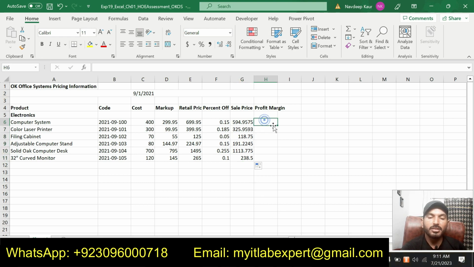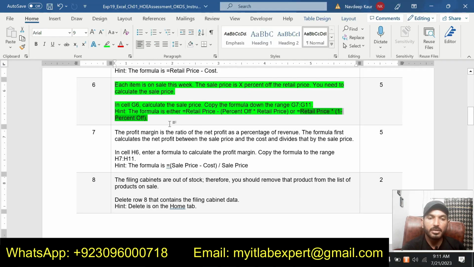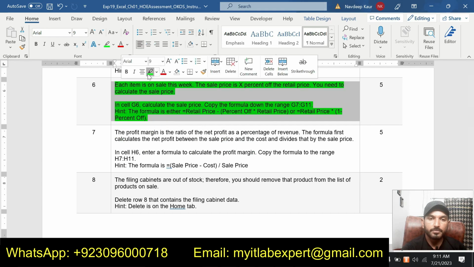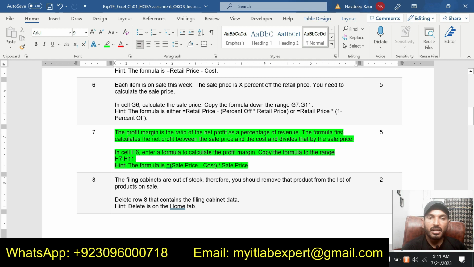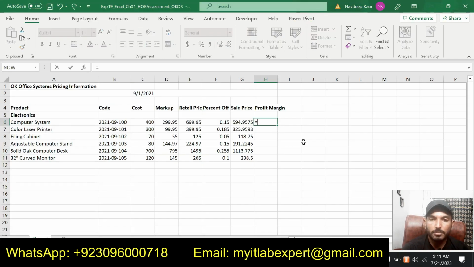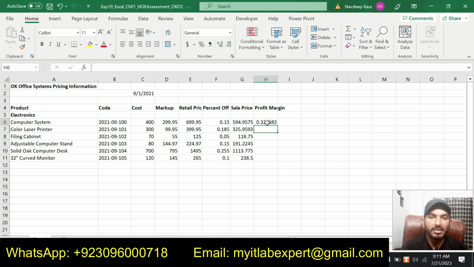Now we are supposed to calculate the profit margin. That is the next step, step number 7. Profit margin is sales price minus cost divided by the sales price. So we will simply type sales price minus cost divided by sales price, and we will get the percent profit margin.